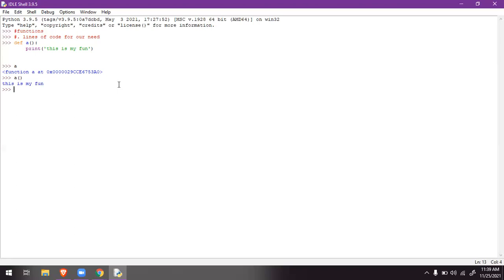Say suppose I'm defining a taking some inputs, x comma y. I'm taking two inputs as a format. What this must do is, after calling that function, if I call a and write two inputs, I have to get x plus y as an output.